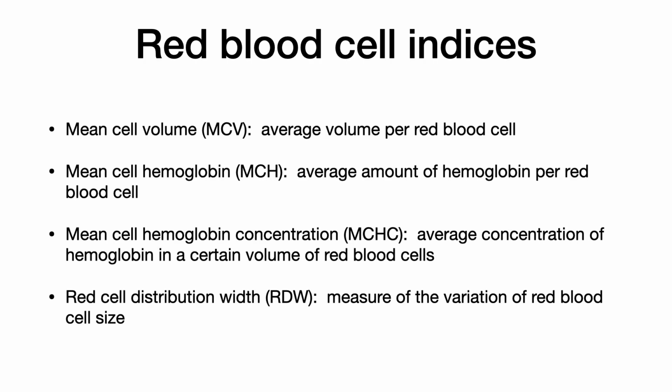Okay, so we're going to talk about laboratory testing. We'll also talk about laboratory testing as we go through each of the different disease processes that cause anemia, but just here at the beginning, give some basic background. So the red blood cell indices are very important. MCV is used oftentimes as the initial step in deciding what type of anemia you're dealing with, MCV of less than 80 being called microcytic and greater than 100 called macrocytic,